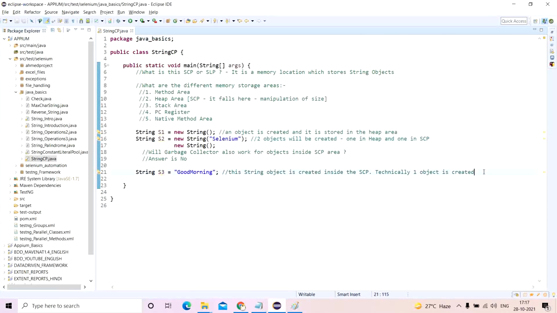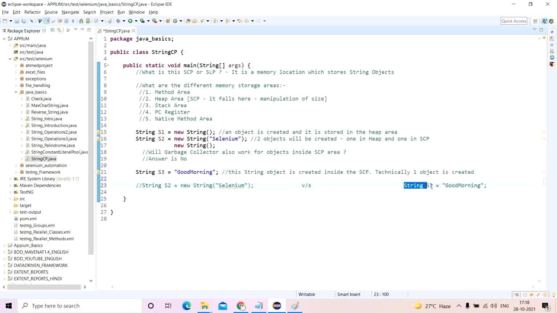So if somebody asks you, can you please tell the difference between these two statements, this versus this statement, what will you do? This is one syntax to create objects in string.